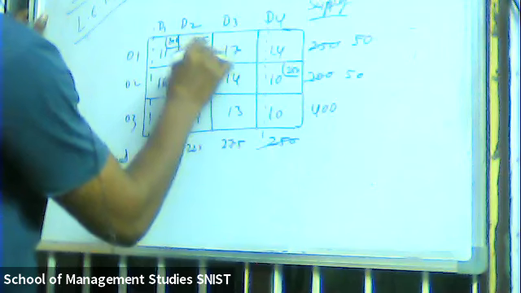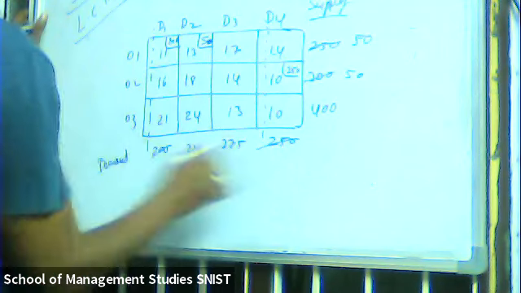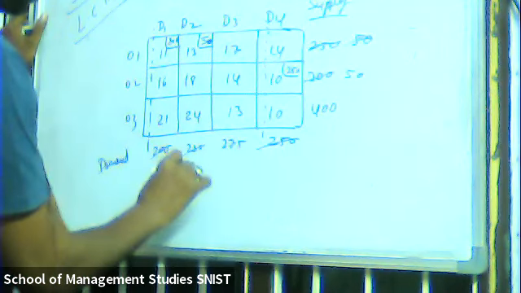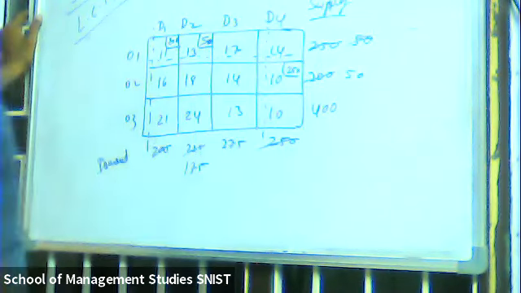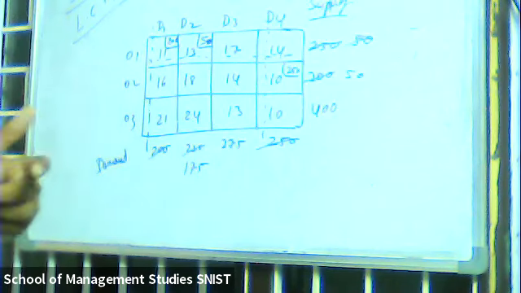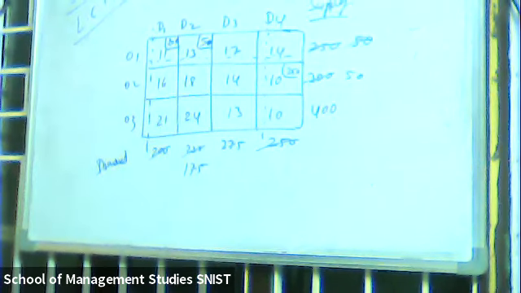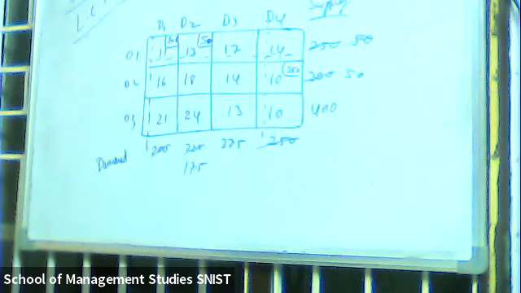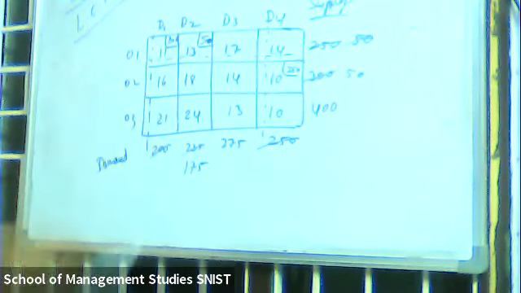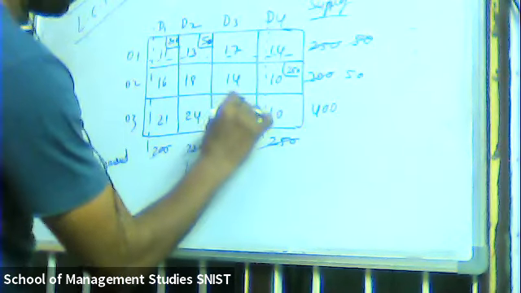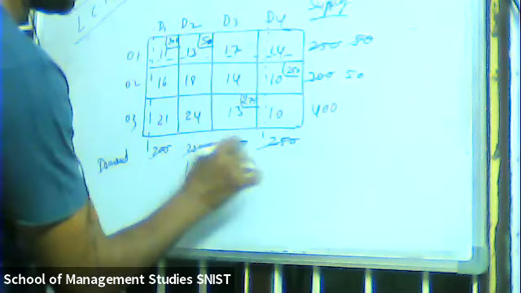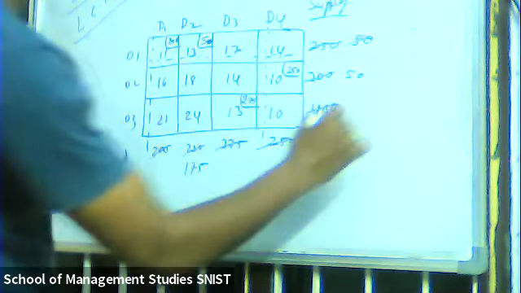Yes, sir. So I'm allocating 50 here, right? Then what about here? 175. Then there is no possibility to enter here, so I'm cancelling this particular row. Now the leftover minimum value, which is 13, so by default we don't have any other, so allocate 275 here, then it becomes 1.